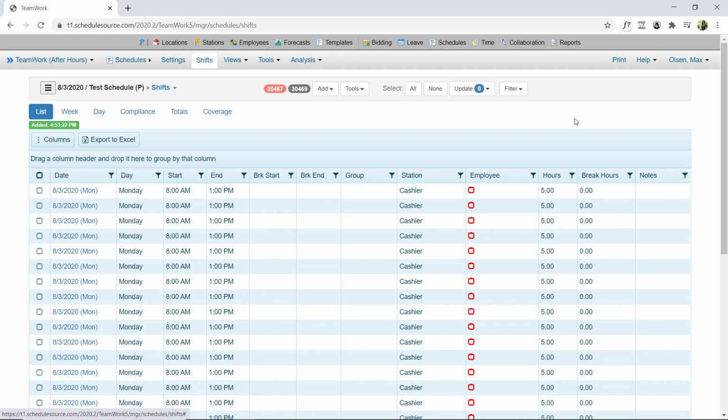That's how you can publish a forecast plan and turn it into a template you can use to add shifts to your TeamWork 5